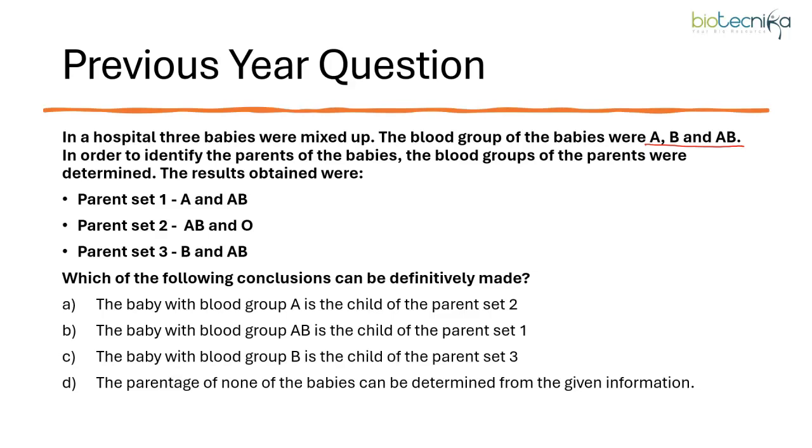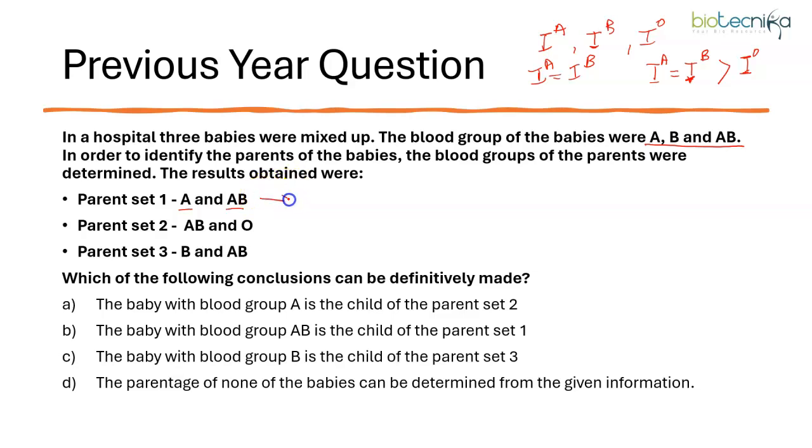Now to do that, it is important to understand the blood grouping mechanism. We know that blood group is coded by 3 alleles, IA, IB and IO. IA and IB are codominant, whereas IA and IB are dominant to IO. So IO is the recessive one. Now, what we will do here is look at the phenotype of the parents. We will first write down what all possible blood groups the offspring can have.